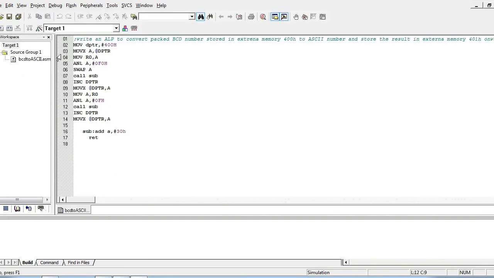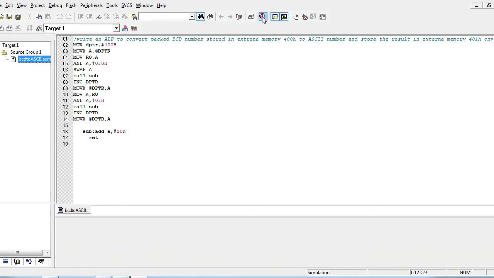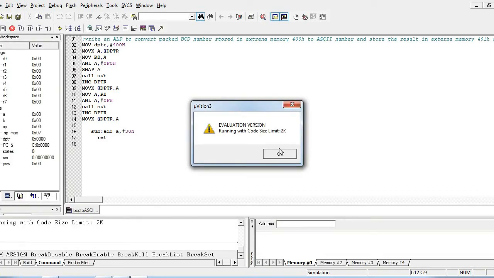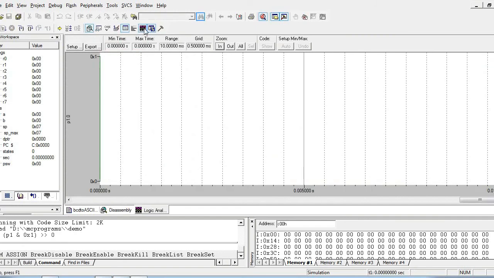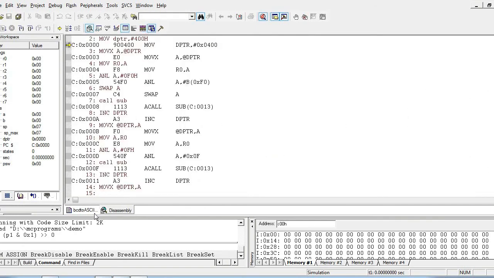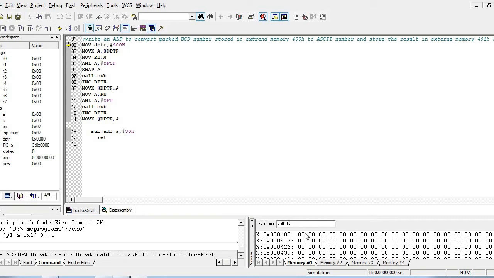So now we'll execute this. First we need to store the data in external memory, which is 400H.